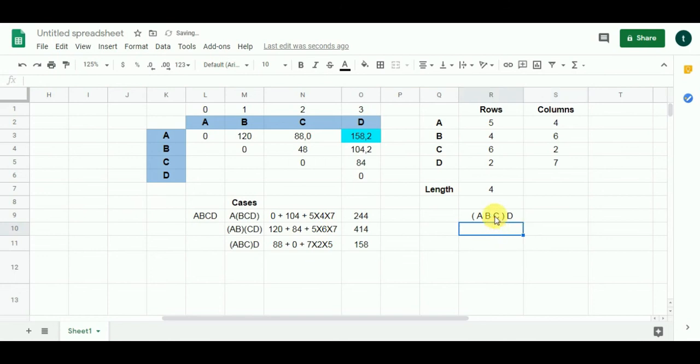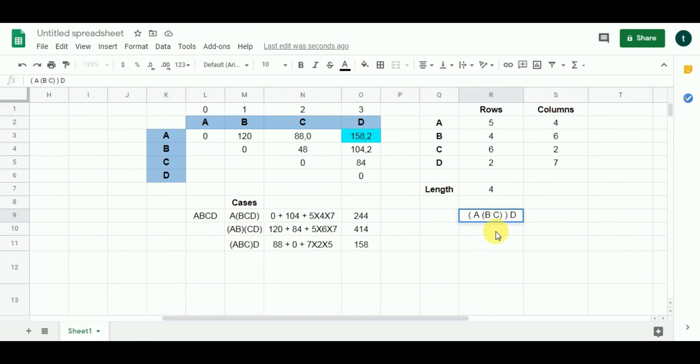Now, when D is gone, because after C we have put the bracket, we'll be focusing on A, B and C. As you can see here, the value is 88. With this we have 0. This indicates that a bracket has been put after index 0, which is A. So this clearly indicates that B and C are together like this. All right, and this is the way.